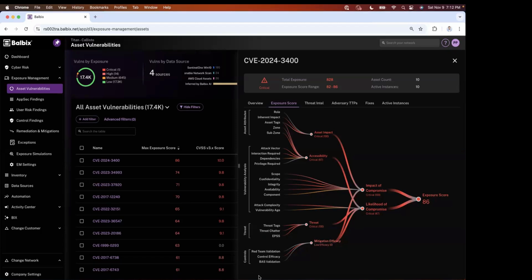And finally, what makes Balbix unique is that we're also looking at the controls that exist to help mitigate against these particular vulnerabilities. In this case, there's been no BAS validation and no red teaming validation, but we can see here that all of the controls that we have in our environment aren't very effective at mitigating this particular risk